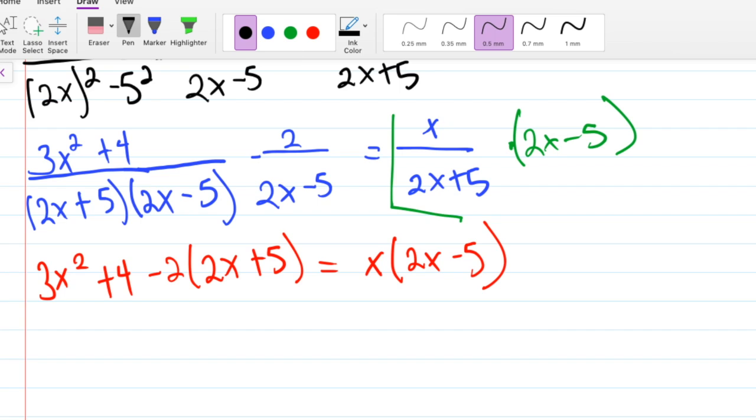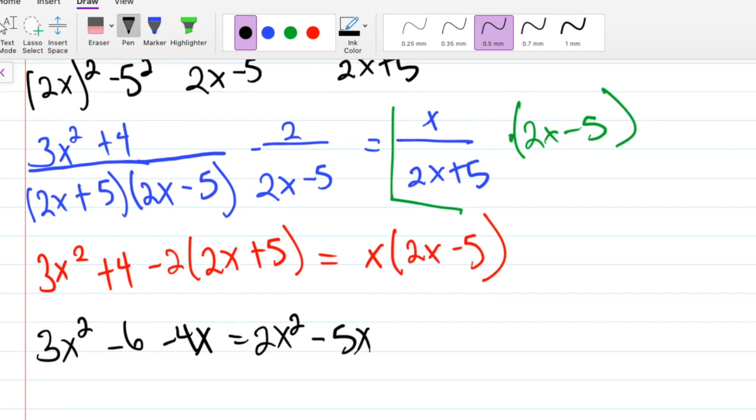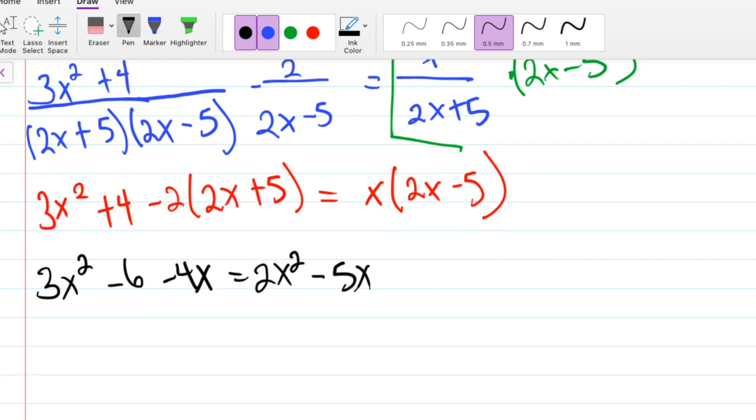Alright, now the next thing you're going to want to do is just simplify. And when you simplify, I wrote this down already, just so I don't take up too much of your time, but it turns out to 3x squared plus 4. I don't know why I just started copying my notes, I apologize. But it just turns out to be 3x squared minus 6 minus 4x equals 2x squared minus 5x. And if you don't believe me, you can multiply it out for yourself. But like I said, for the sake of time,